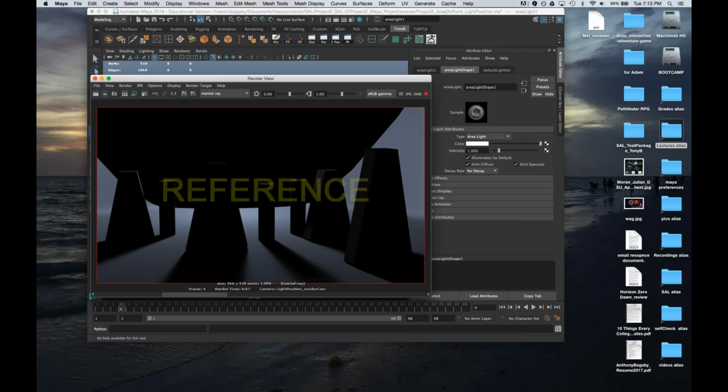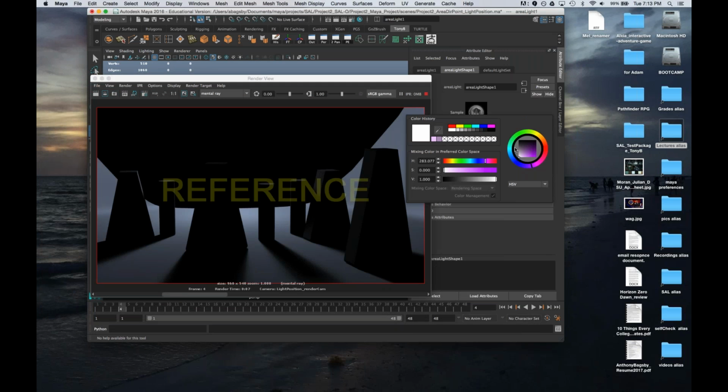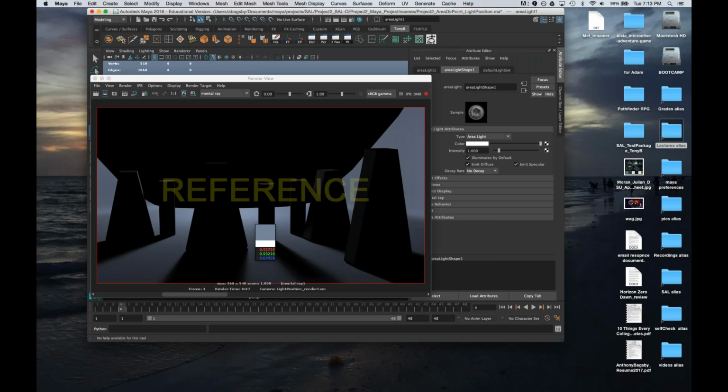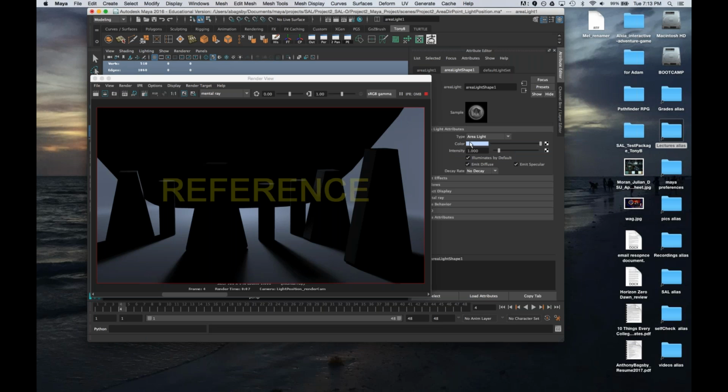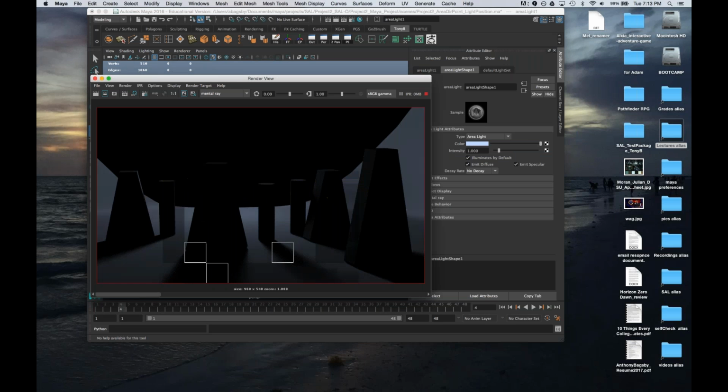Now we're going to do our color and our intensity. So get like right there, and then we'll increase this to white. And intensity, double that.